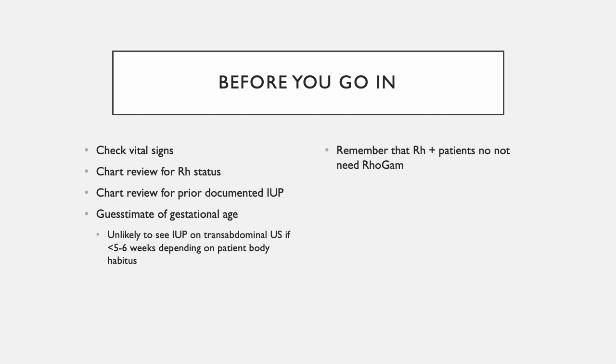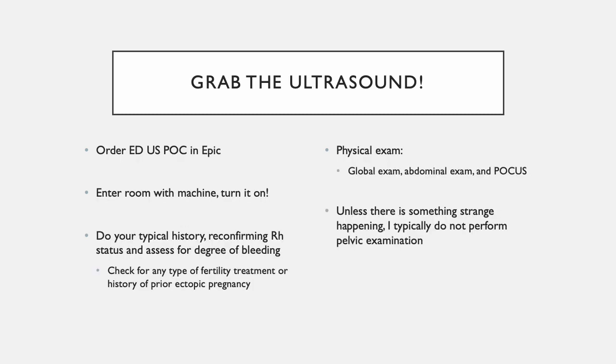Just as a reminder, if the patient is RH positive, then they don't need RhoGAM. Then we're going to grab the ultrasound machine and head into the room. Turn the machine on and let it warm up while you're talking to your patient and confirming a couple key factors, such as their RH status, their OB history, and then just double checking to see if they've had prior ectopic pregnancies or if they're on any fertility management or fertility treatments,